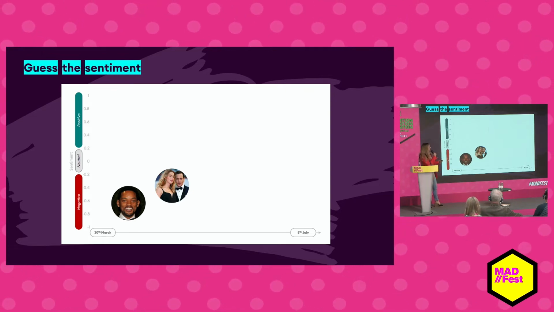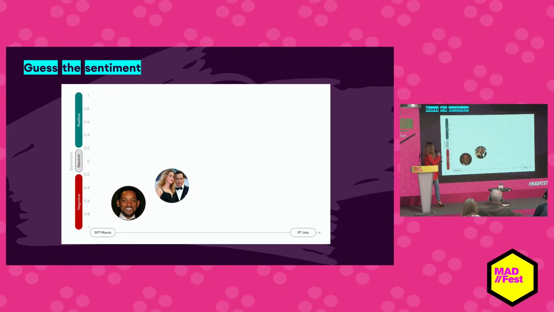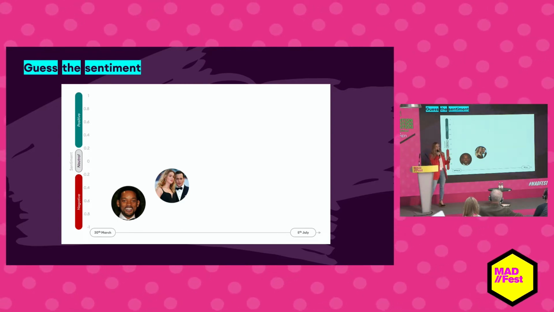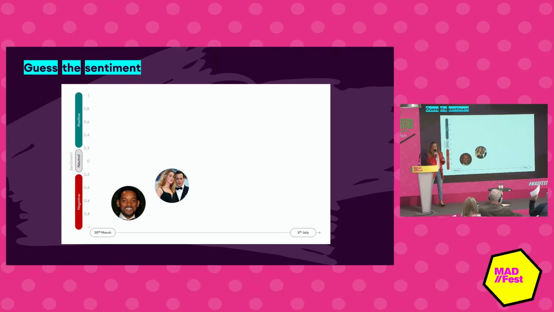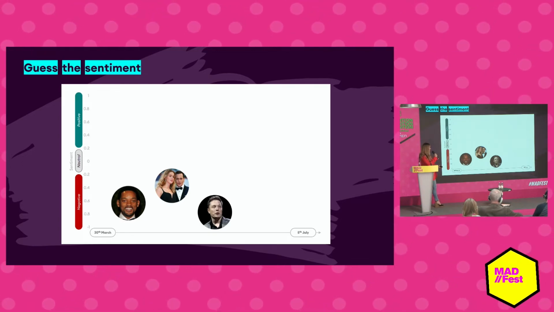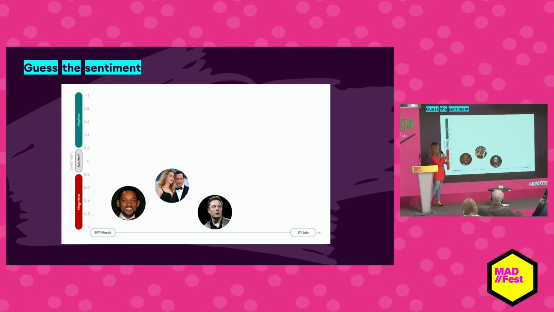So next, we have Elon Musk Twitter proceedings. Do you think Elon Musk is higher or lower than Amber Heard? We're a lot of higher. Okay, it's actually lower. So it had a significant shift to lower sentiment the very moment that this happened.